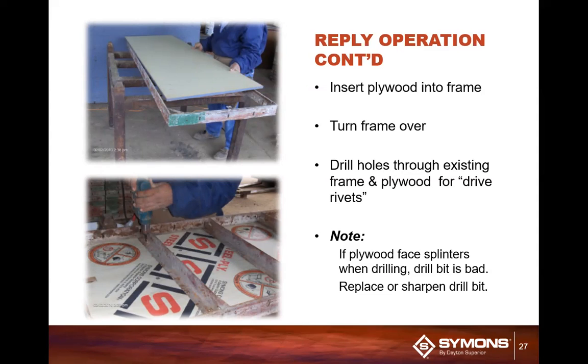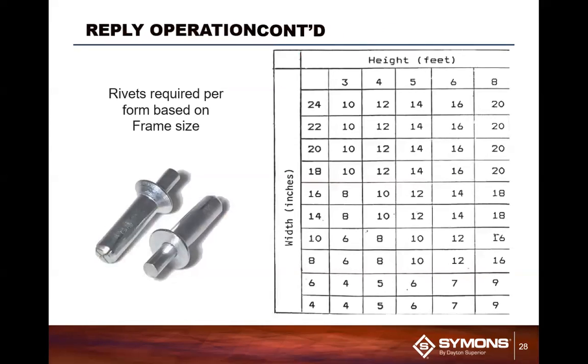That usually occurs when you have a dull bit. So what you would actually use from there is you will go through here and use pop rivets. Pop rivets basically go into place here. You push it through for the face of the plywood, through the form face, and then what you'll see here,